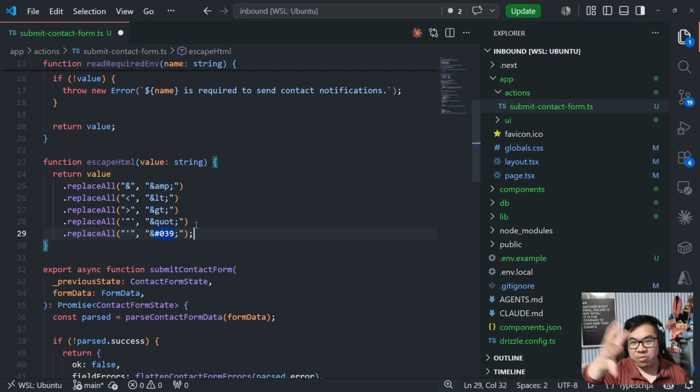In this case, it's not handling the same things as Zod, but the very specific HTML and script injections, so that someone doesn't provide malicious code or malicious instructions that would cause us potential cybersecurity risks